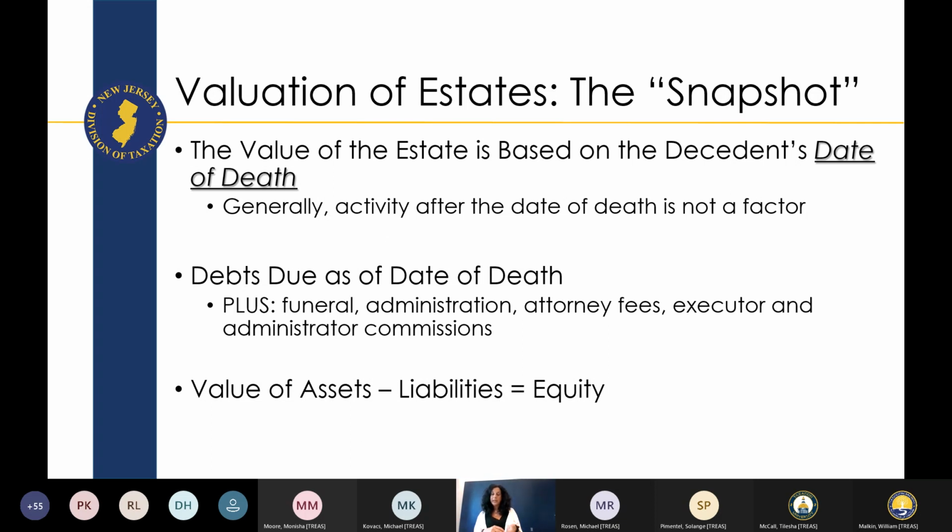So my example would be in March of 2021, somebody passes away. We've noticed that especially as of, let's say, July of 2021, the market just went up way high. So if a house, I'm just going to make up a number, was worth $300,000 in March of 2021, but then with all of the craziness and all of the bidding in July of 2021 it sold for $400,000, we may take a look at that, be reasonable,